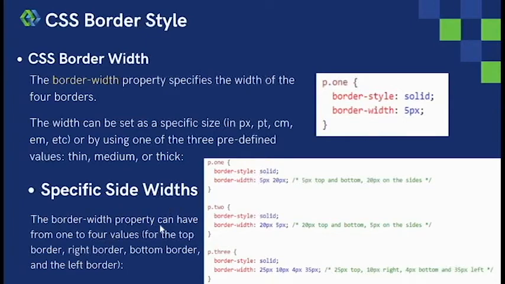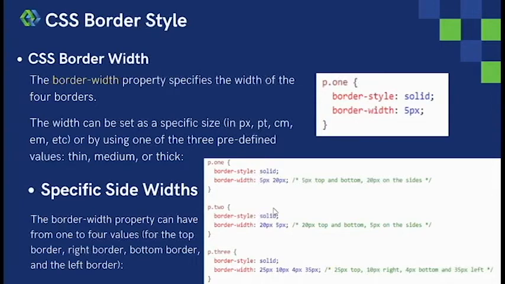So the border width property can have from one to four values for the top border, right border, bottom border, and the left border. So you can style each of the borders if you want. In this case, top and bottom are 5px, and on the sides, 20. So this one is top, bottom,